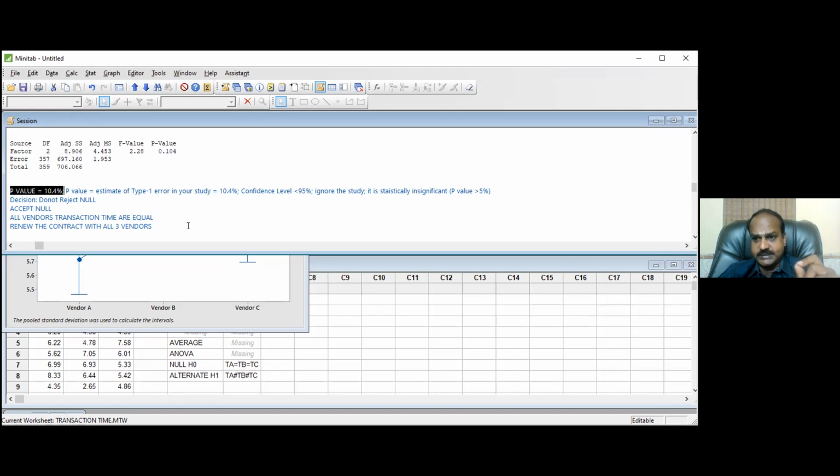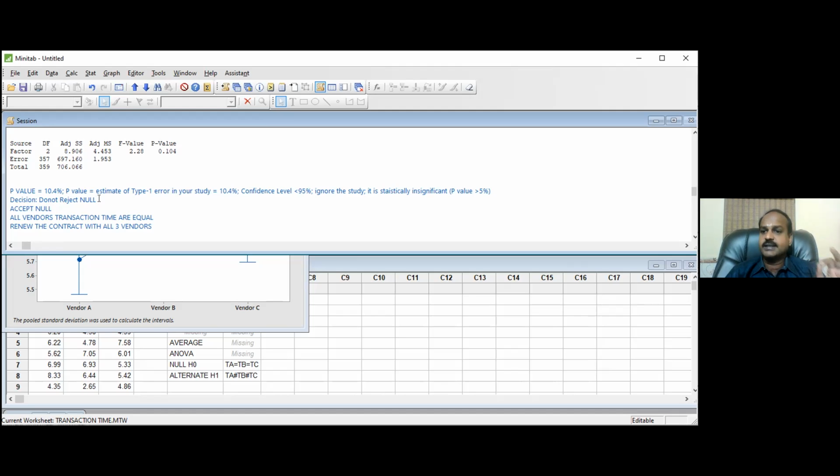One more important tool exists, which is called design of experiment. The design of experiment is an important tool in the packet of a black belt. Design of experiments can make you comment on your alternate hypothesis. Hypothesis testing can make you comment on the null hypothesis. Right now, we don't want to complicate. We don't want to do a lot of analysis. So we take the decision at the hypothesis testing itself. But theoretically, our decision is only on the null hypothesis. Don't reject the null means accept the null.